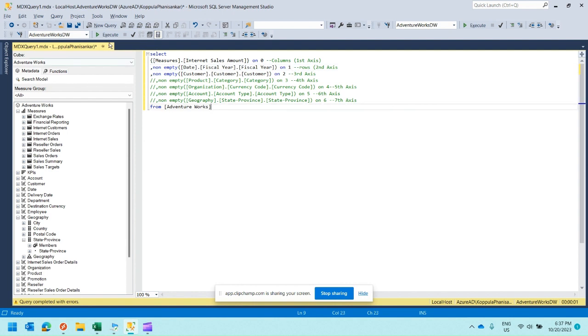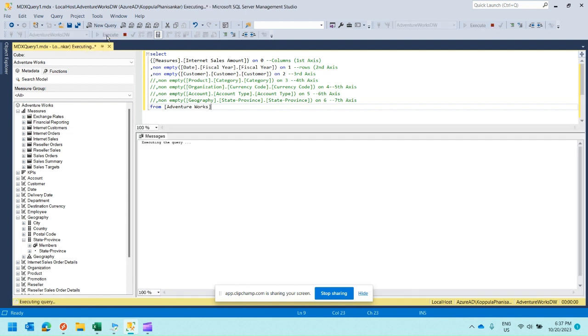Okay, that is possible. But if you write more than two axes in SSMS, we'll eventually get an error, because SSMS won't support more than two axes. But there are some applications which support fetching data with more than two axes. One application is Power Pivot, Power Query, and if Power Query fetches the data, Power BI will also fetch the data, right? So now we are going to write the MDX query with more than two axes and try to fetch this data